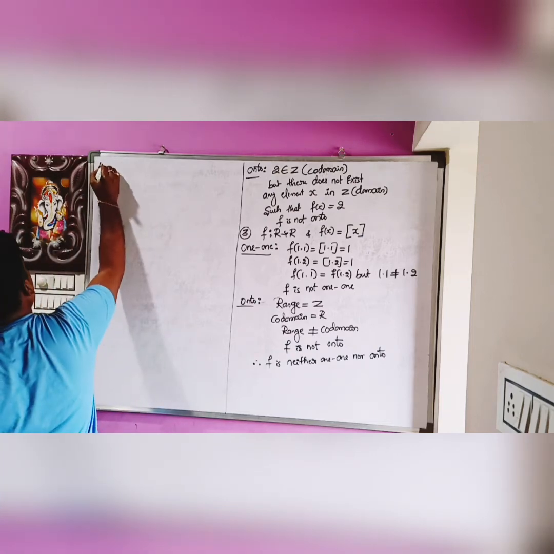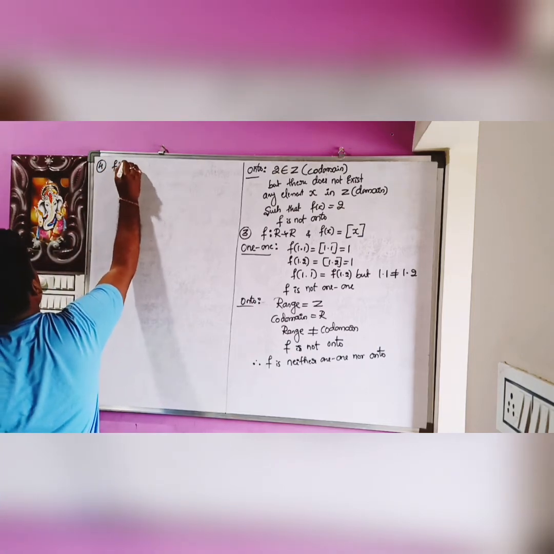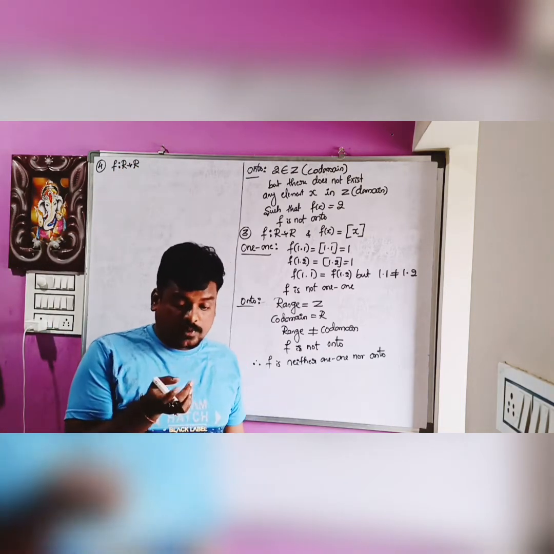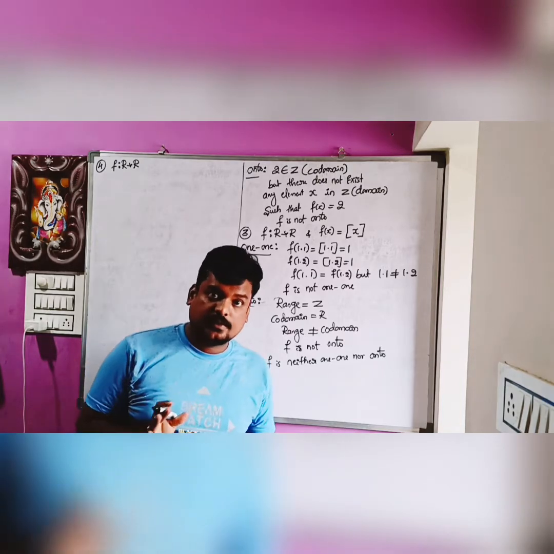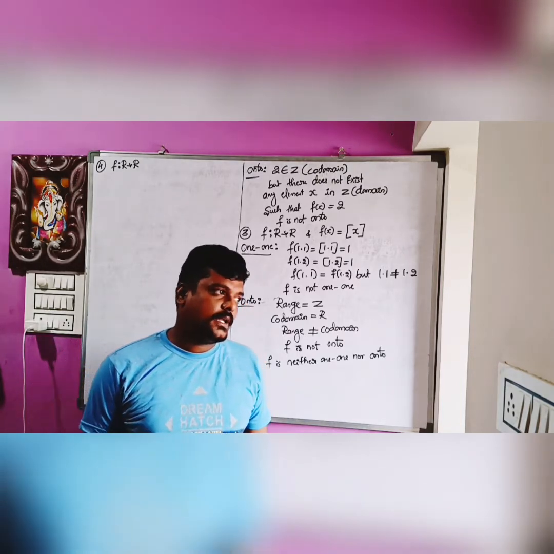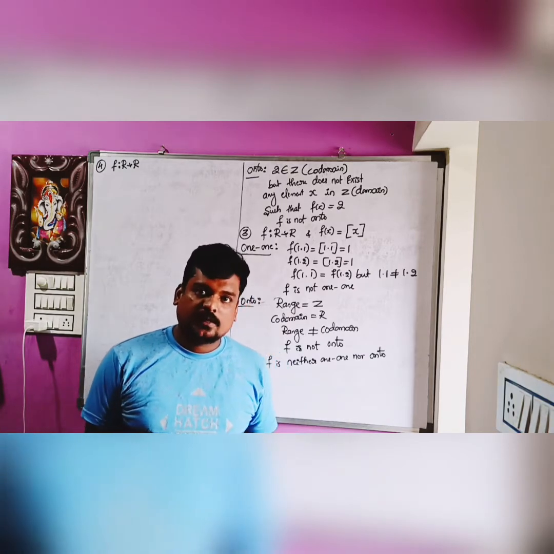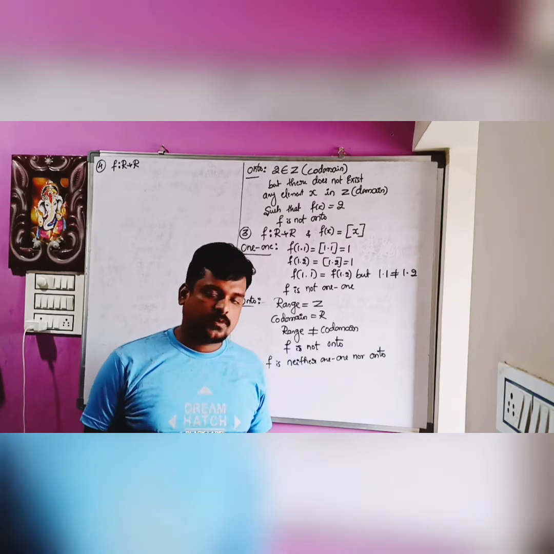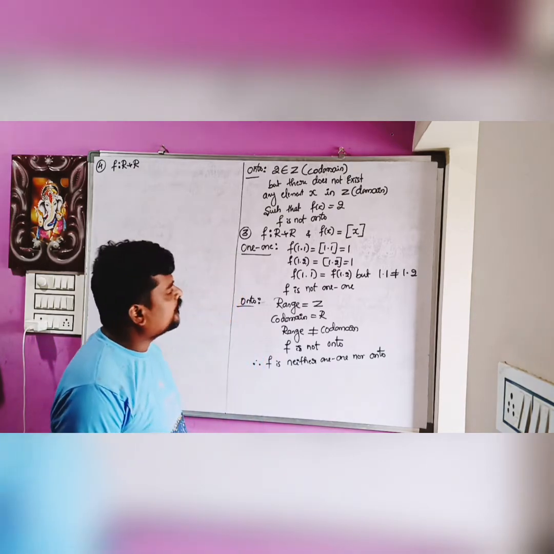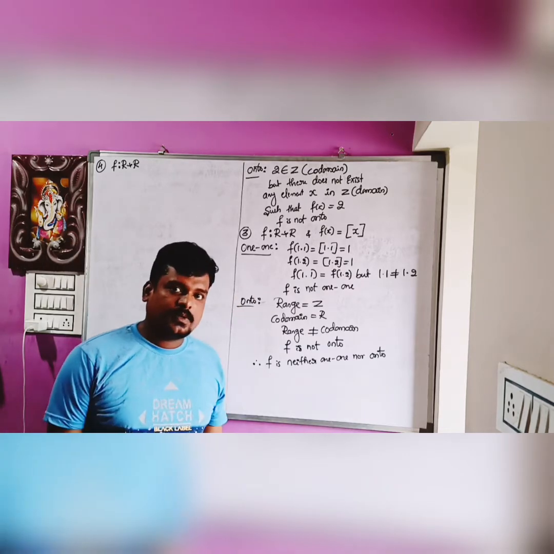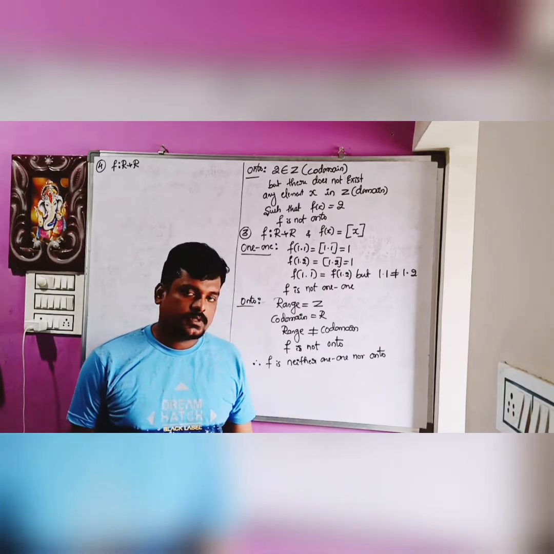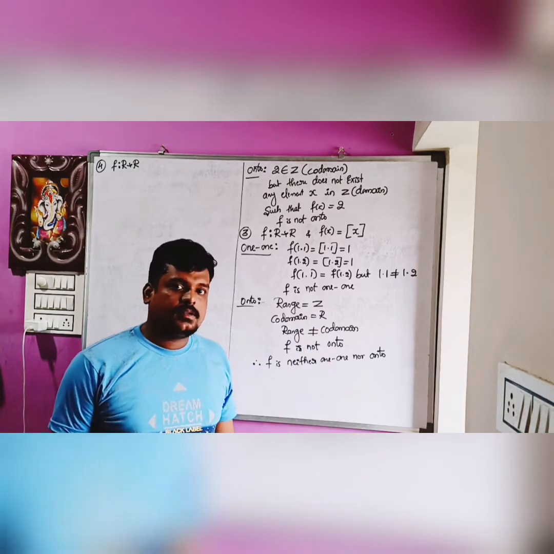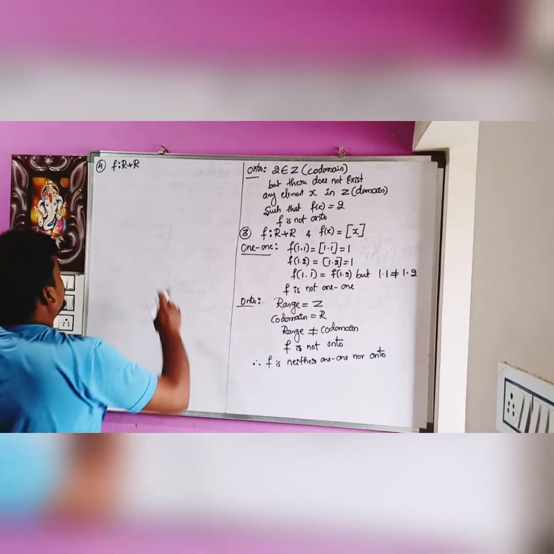So this is question number 4. F is defined from R to R. From this, 1-1 and onto, we are going to get a 5 mark question. We are not getting 2 mark or 3 mark questions, we will get 5 mark questions. For 5 marks, they may ask 1-1 and onto. This is not so suitable for 5 marks; some important 5 mark questions we will discuss later, but it is not unimportant either. You may consider this as important also.